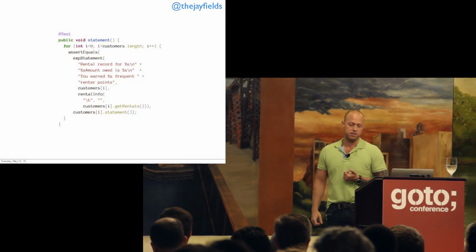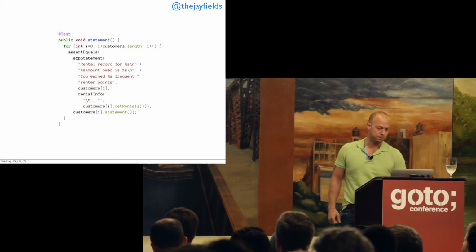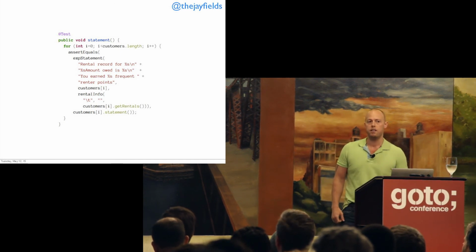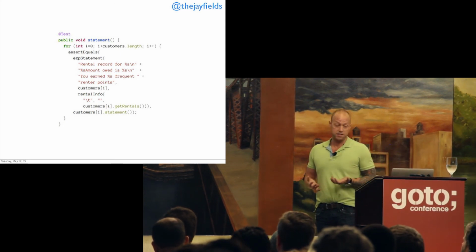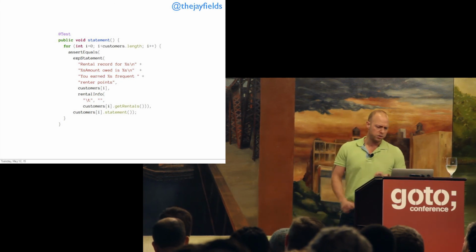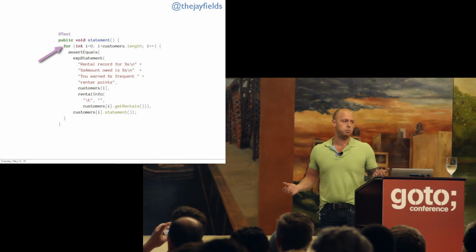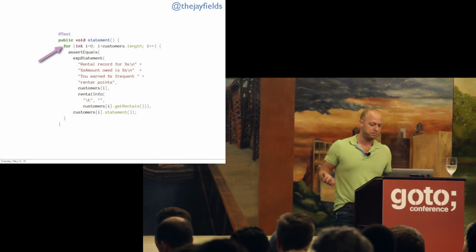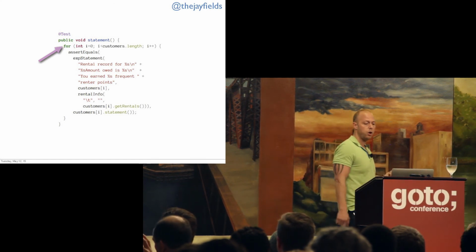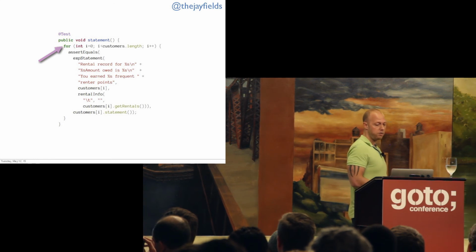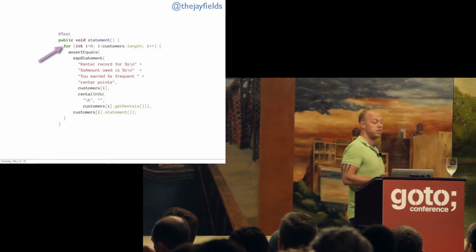Bob left you this test. This test is not that complicated, but it's significantly more complicated than I would want to be left with. This test is currently failing. It's not very long, but before we can really even get into it, we have to already look at a loop. Who wants to look at a loop in a test? Bob decided that he was going to dry our code out with a loop in his test, so that's what we have, and before we can even really look at the meat of the test,